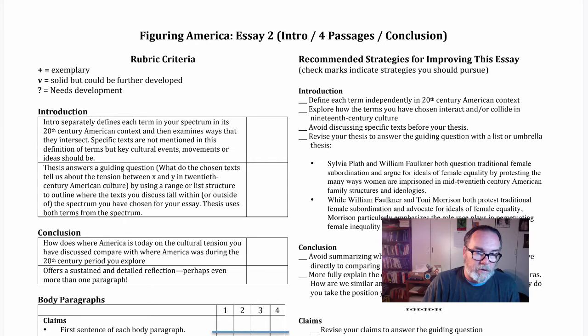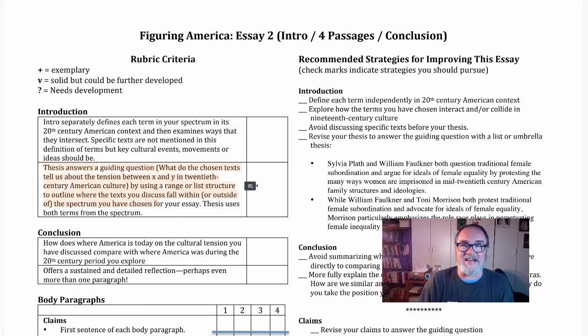just talked about. So the first thing you want to do now that you have all your body paragraphs together is add a thesis. And the instructions for the thesis are right here in the rubric. It's really the same as paper number 1, except for the fact that instead of one author, Twain,